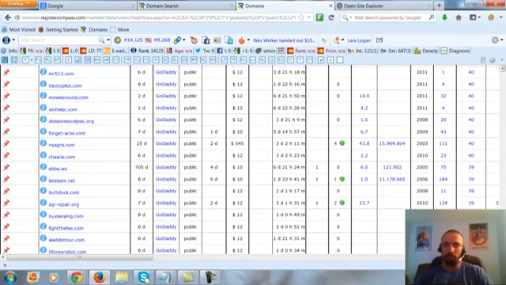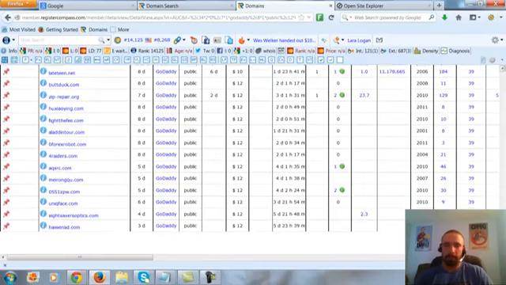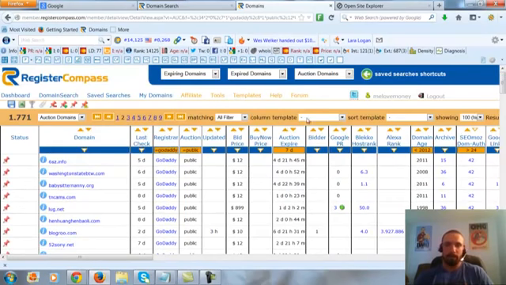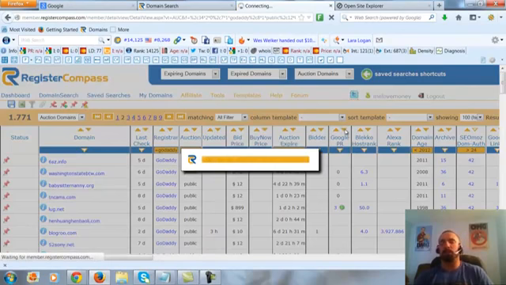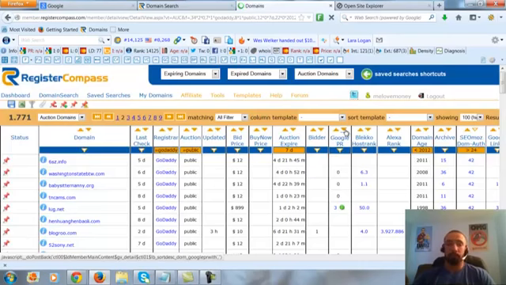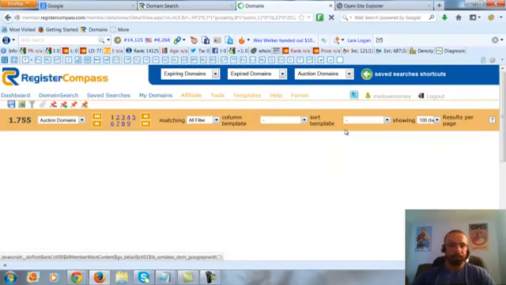So let's keep going and look for another one. Let me actually do by PR. And I'm just looking at PR just because it's easier. Usually higher PR is easier to find good sites with, so I'm just doing that to be quick. I wouldn't necessarily always just look at PR 5 and 4. I'm just doing it for the sake of time to make the video quicker.